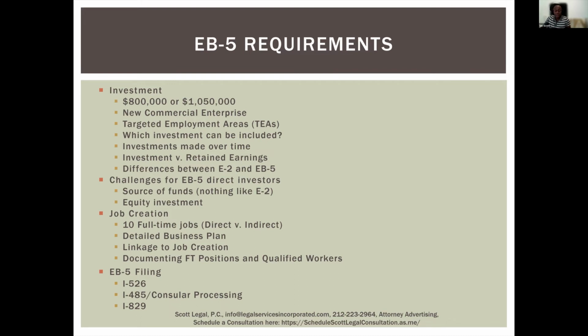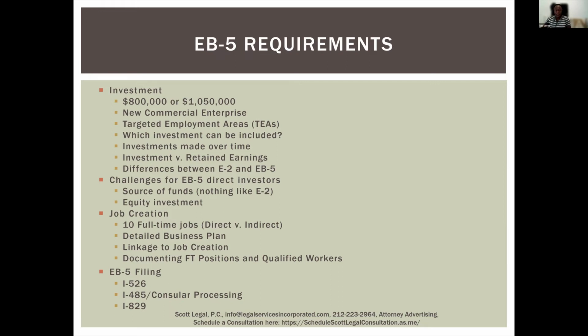Then the I-485 petition. You have two ways of getting the green card. If you're in the United States, you can file an I-485 petition, and that can be filed concurrently with the I-526 petition. That was a huge change from March 11th, because given that these petitions take several years to be approved, having the I-485 petition filed at the same time gives people who are in the United States the ability to stay here on status and get work authorization while the petition is pending for 3-4 years. If the person is outside of the US, they're going to be doing consular processing.